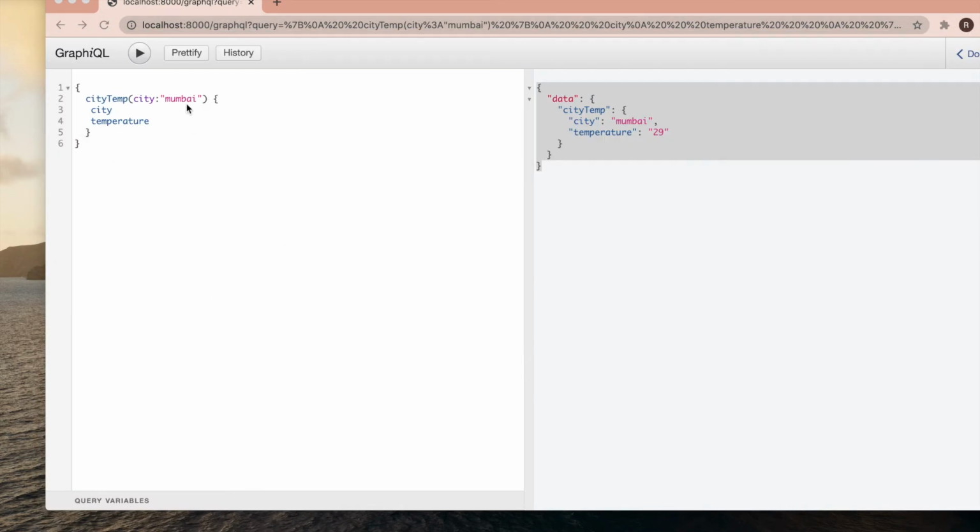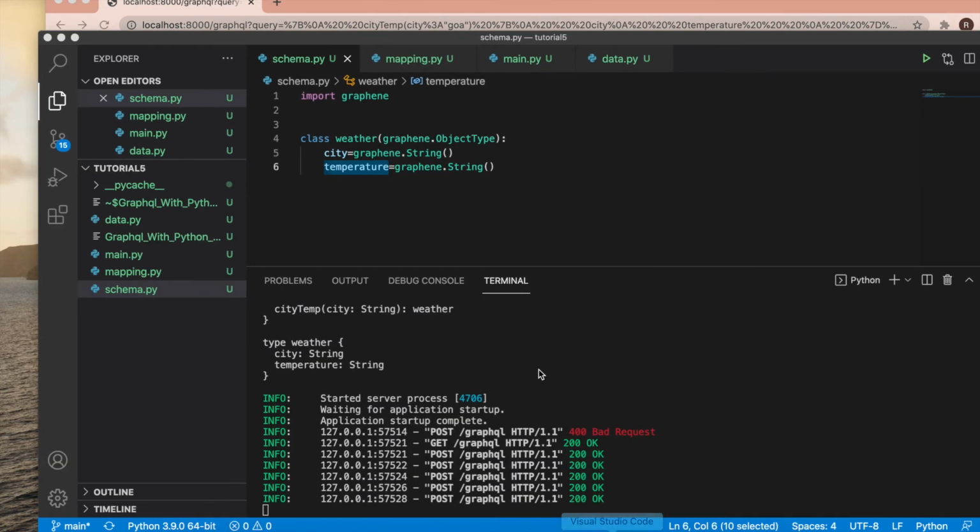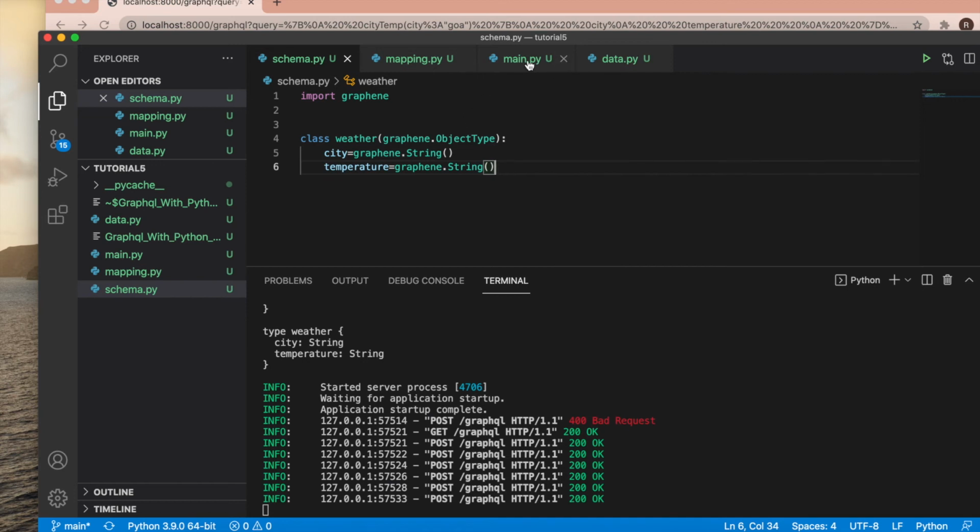As I told you, let's see. Let me think which city I missed. Okay, let me put Goa. Let's see if I get anything or not. See, I got cityTemp equal to null, because I don't have anything over here, so that is why it returns null. I can do something more realistic, maybe. I'm just thinking how to do it.